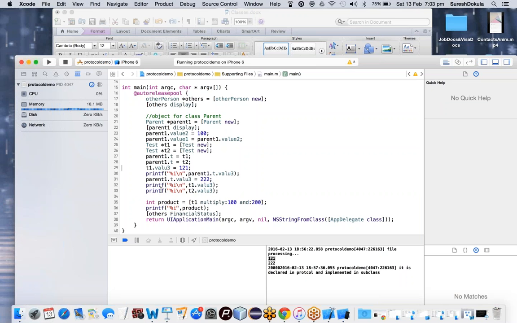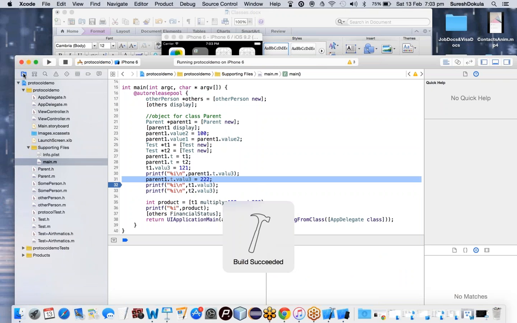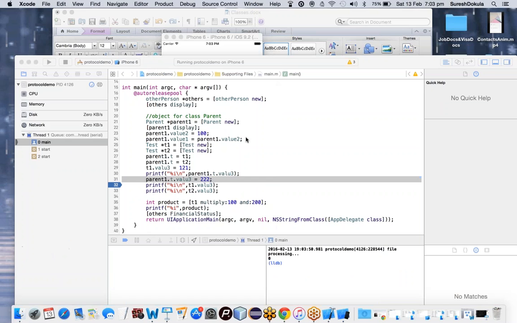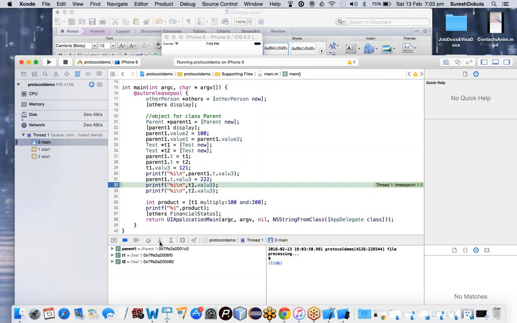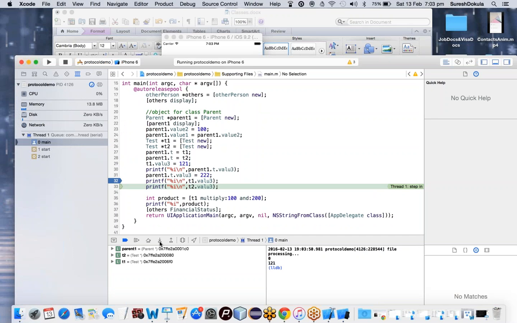There is some value change in parent dot t, since it is connected strongly to t1. The same t object is connected to t2. This is my memory location. T1 dot value is assigned 1 to 1, so since the t is connected to t1,